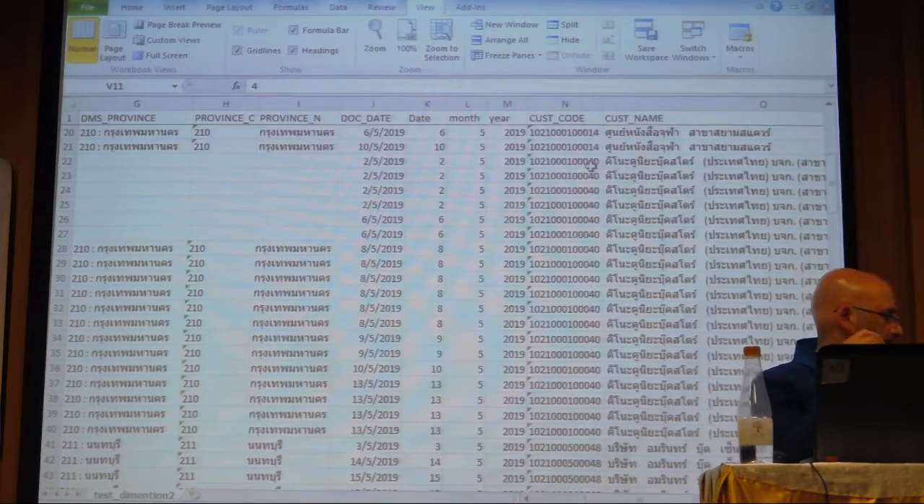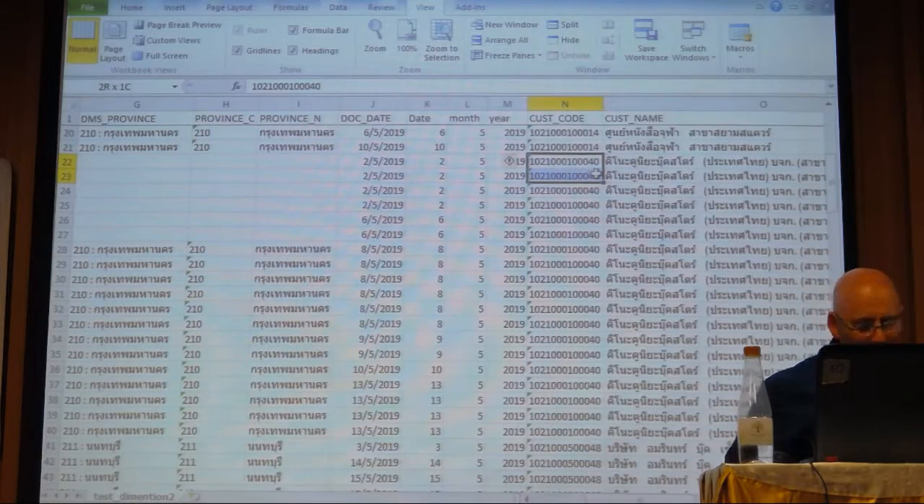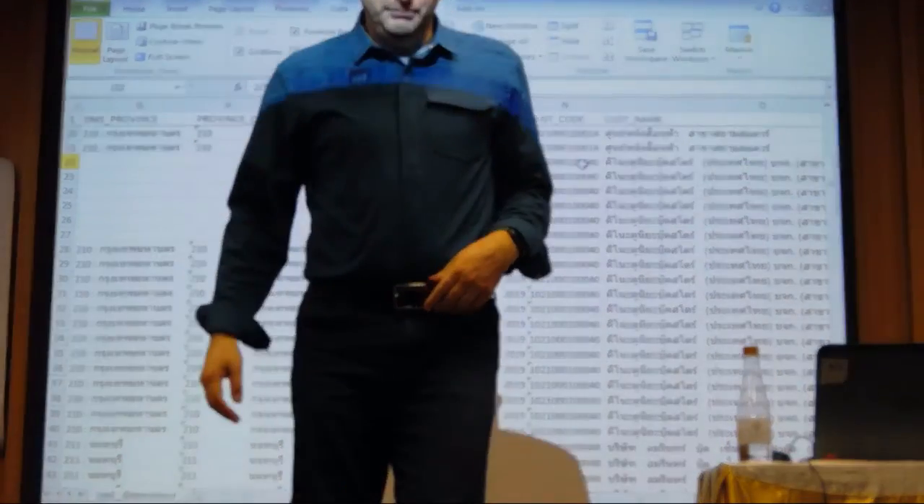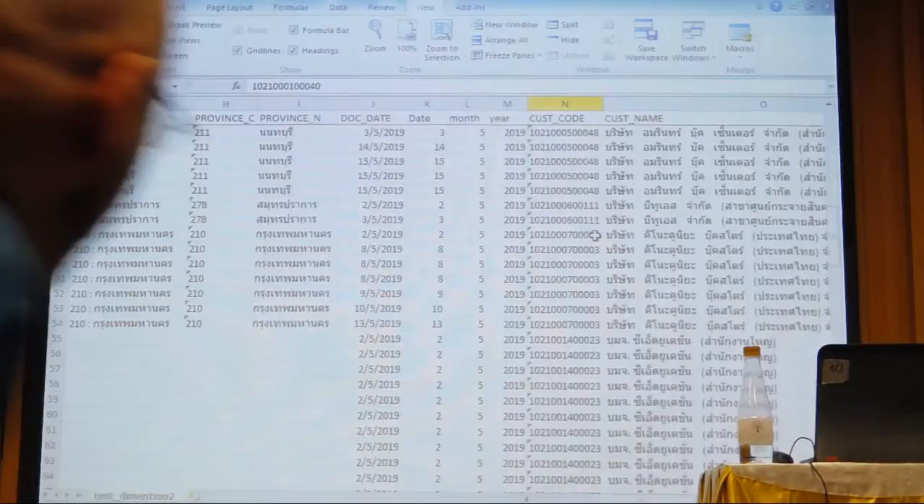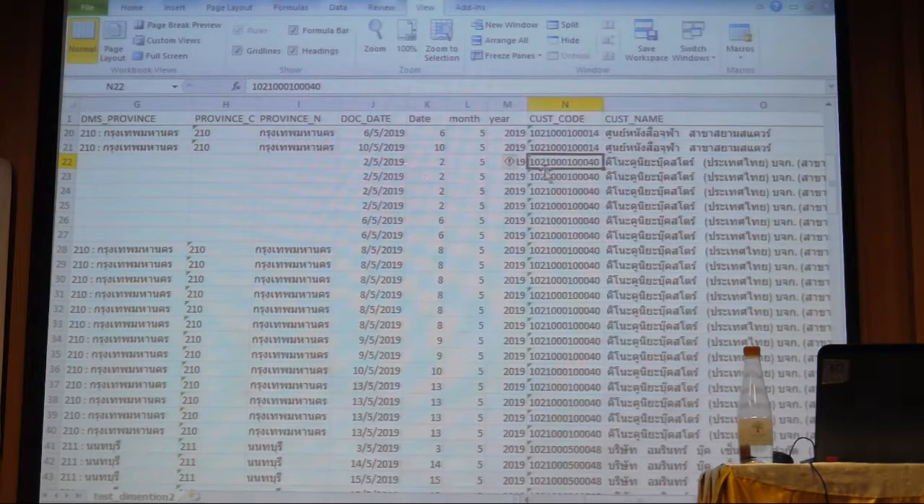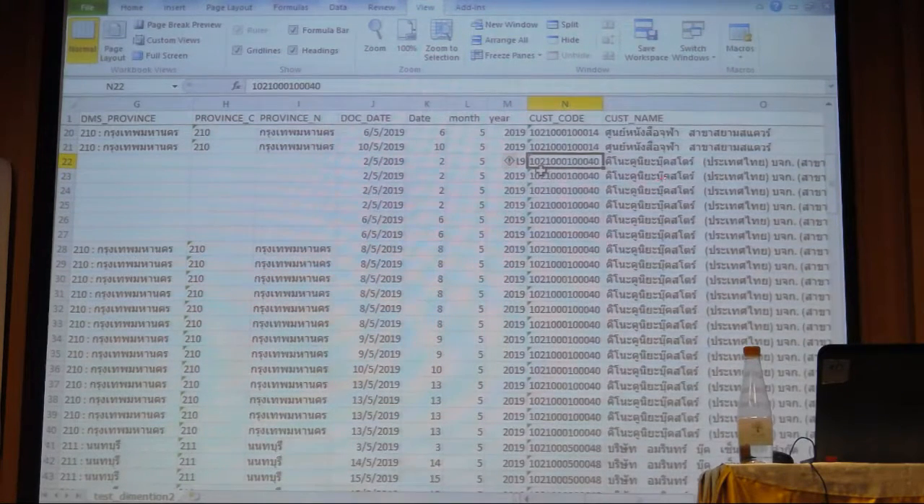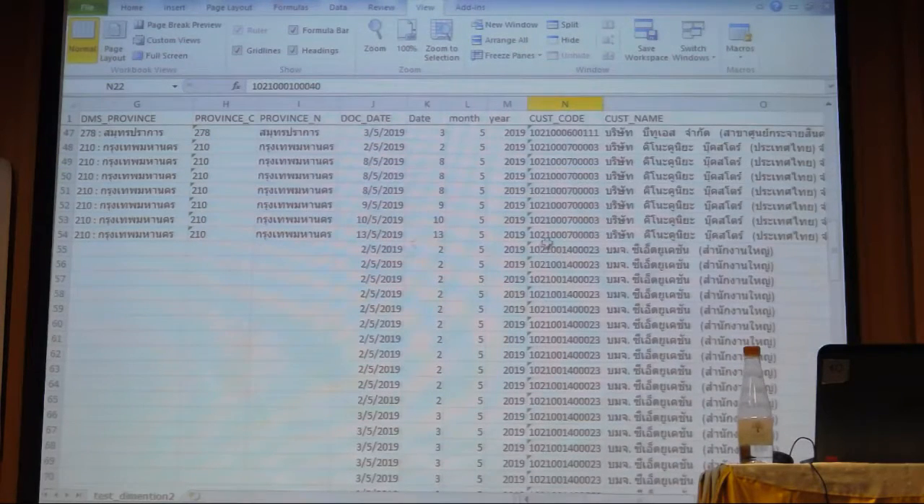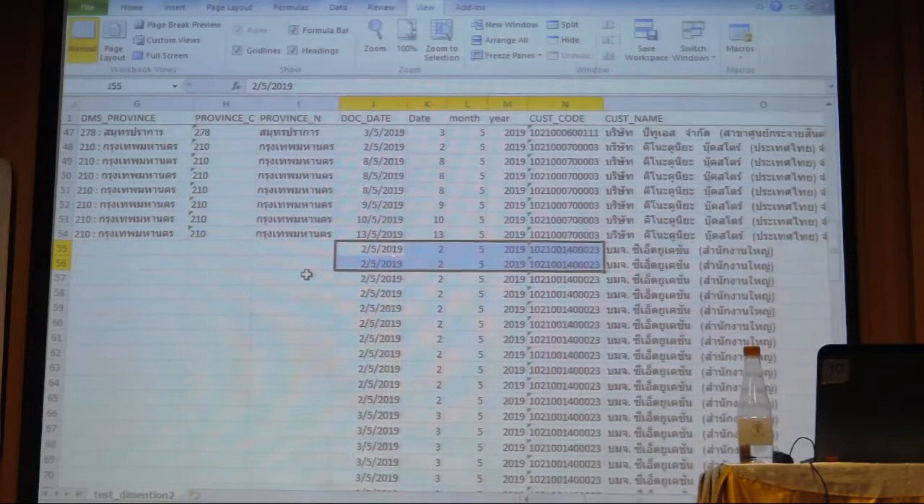Suppose on May 2nd there's a customer called Kinokuniya bookstore, but we have not set the dimension, for example Province, Bangkok, the region. Similarly, on May 2nd there is also a new customer called C8, and we did